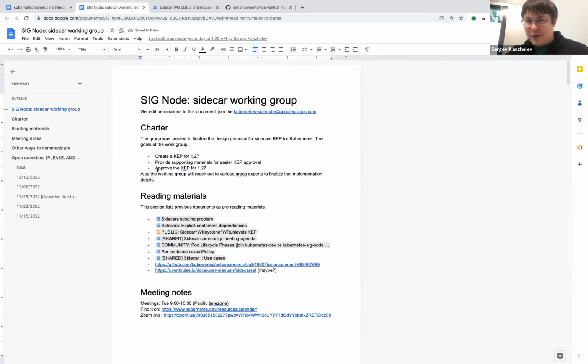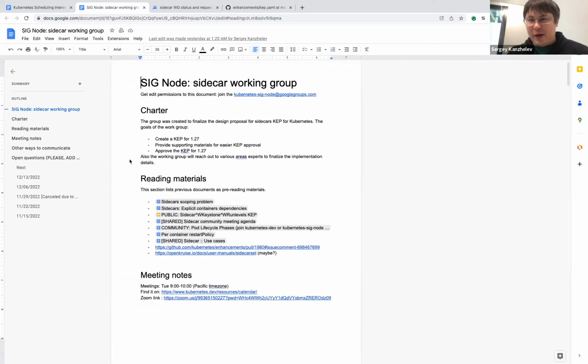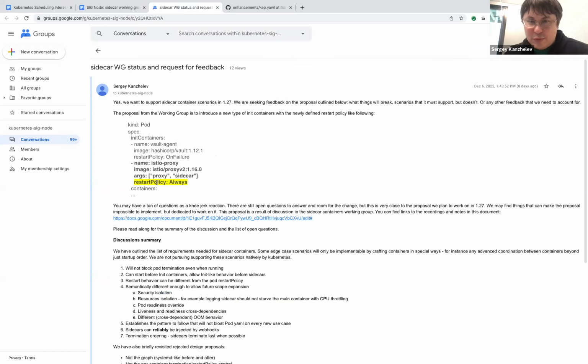We were trying to address this problem for a long time to enable this scenario for our customers. And in 1.27, I think we get to the point where we know what the API will look like. If you switch to this email, there is the proposal that is currently on the table, and everybody seems to agree that this is what the desired state will be if we design from scratch. We want to extend init containers with a new type of containers with restart policy Always. Those init containers will run in the same order as regular init containers would typically run. The only difference is that we will wait for readiness of these containers, and then we will move on to the next one, leaving this one alone.